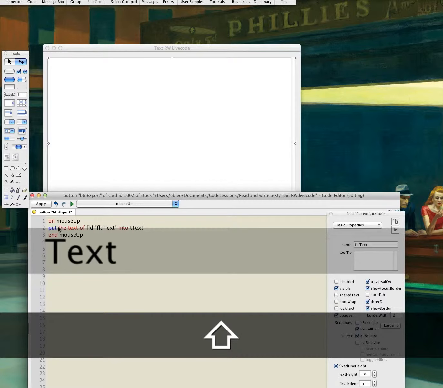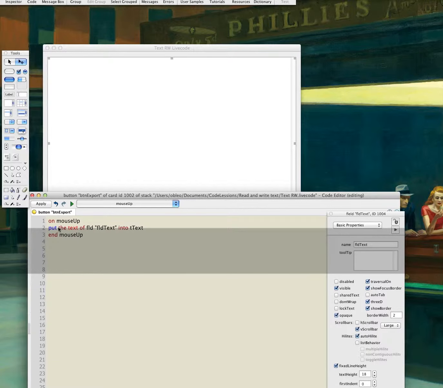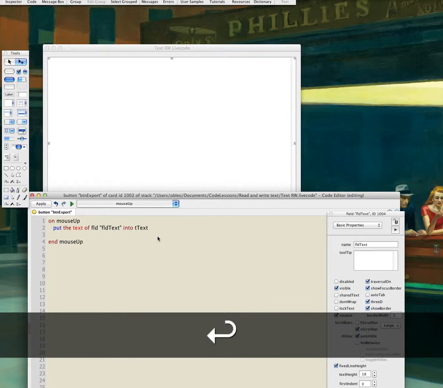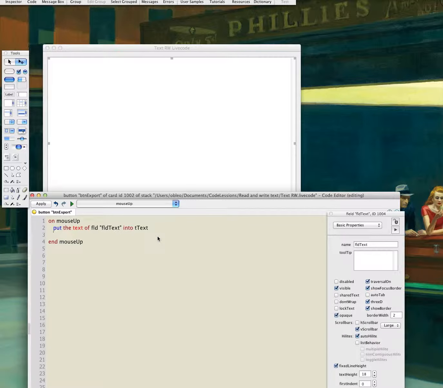into tText. tText is a variable, and something you'll notice in LiveCode, you don't have to declare your variables like you do in Xojo. And variables are sort of like a variant, so you can put a lot of different things in there. You can put numbers, you can put text strings, all sorts of different things. So we're going to put the text of this field into this variable, and the reason we're going to do this is